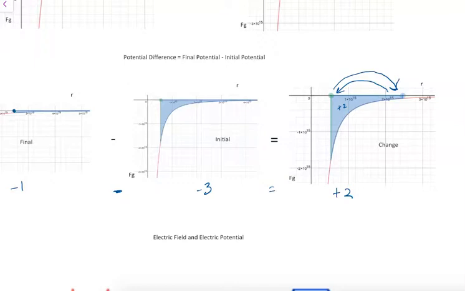Now, there's 2 reasons I'm going to say why this is a good thing. One, it follows the intuition that if we're in a uniform field and I lift an object up, then I'm giving it potential energy, so it should be gaining. It should be positive. So those 2 still match, so that's fine. And then the second reason is actually just that one, because I'm not sure if the other one has a direct meaning. So we just like to think that it gains potential energy when moving away,